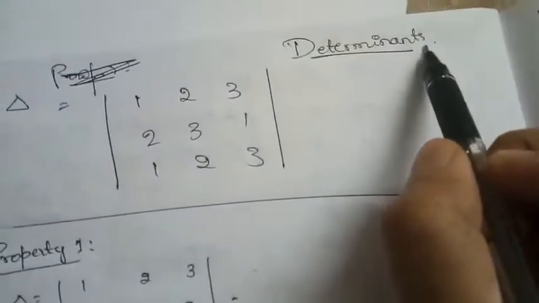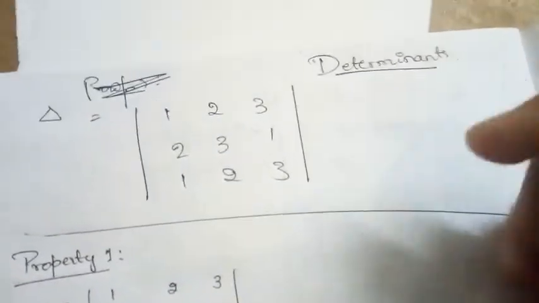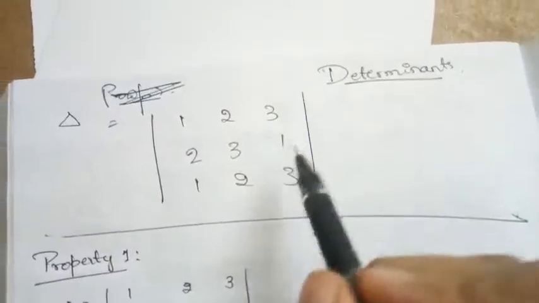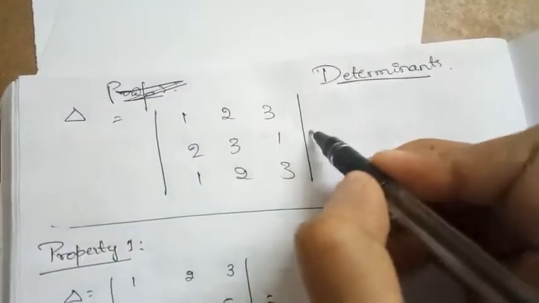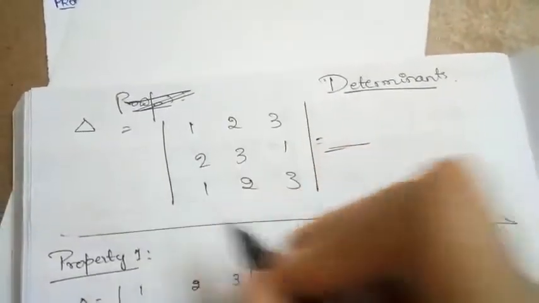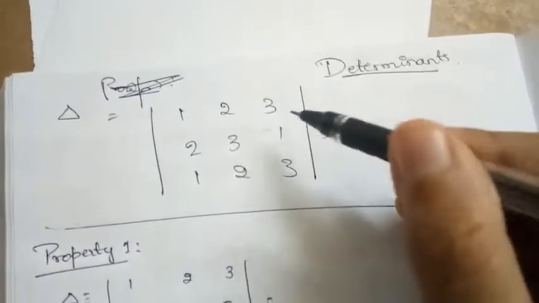Guys, we have started with the introduction of the determinants. In that section we have come across how we are expanding the determinant and getting values for the given determinant, and how we are going to expand by the row or by the column, and how we are choosing.